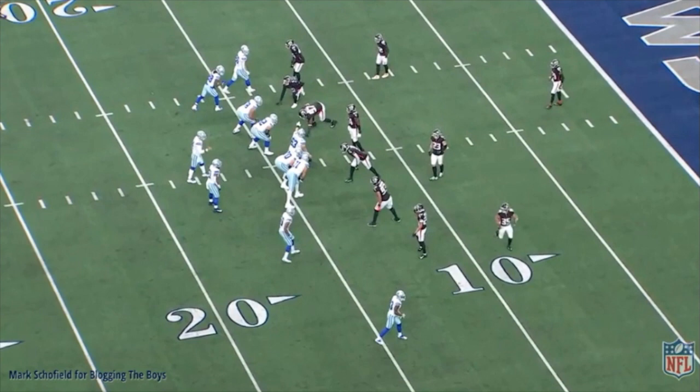Each week, I, Mark Schofield, for the fine folks at Blog and the Boys, will dive into the performance from Dallas Cowboys quarterback Dak Prescott. And in contrast to last week's outing against the Denver Broncos, this week, a much better performance against the Atlanta Falcons as the Cowboys win this one going away, and Prescott goes 24 of 31 for 296 yards, 2 touchdowns,